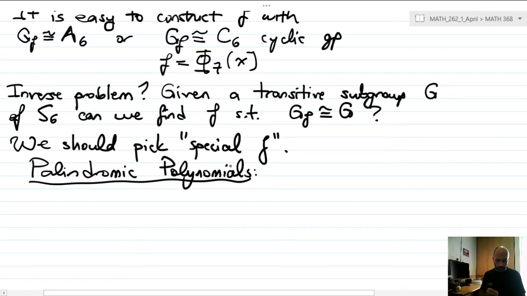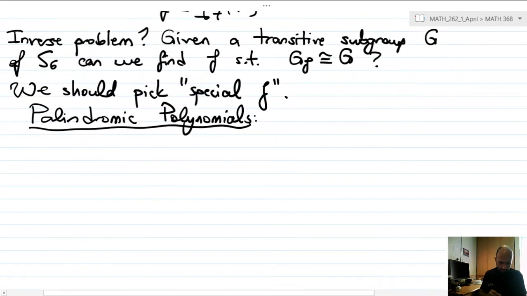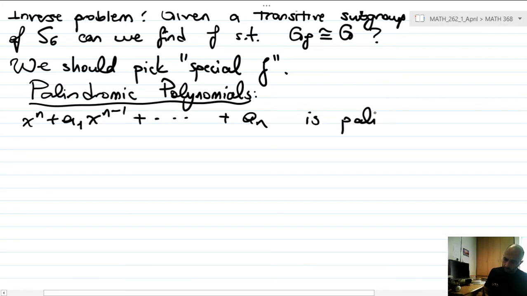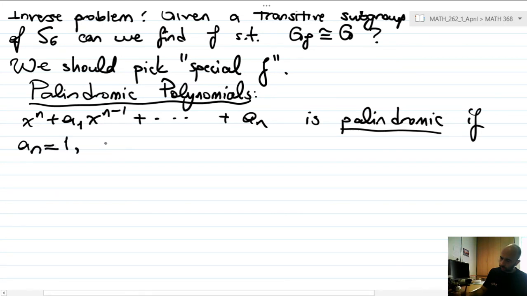So what's a palindromic polynomial? This is not necessarily for degree 6, it can be in n degree. So suppose you have some polynomial here. It is called palindromic if, well, an is 1, an minus 1 is a1, an minus 2 is